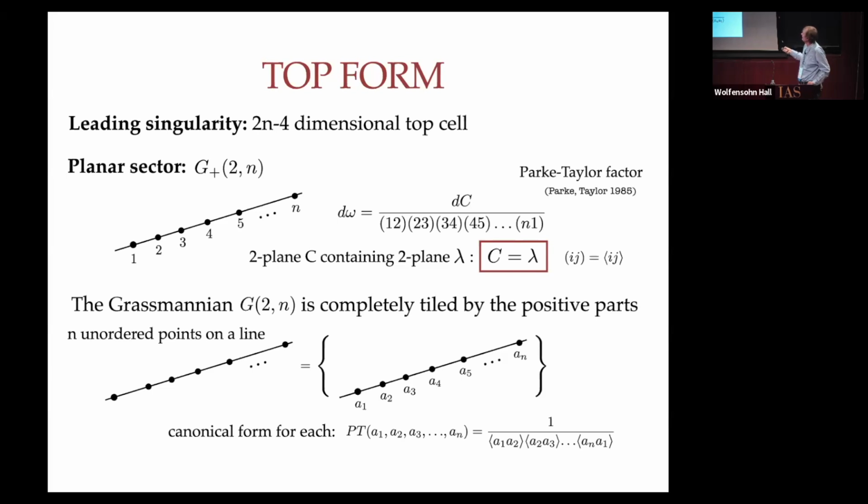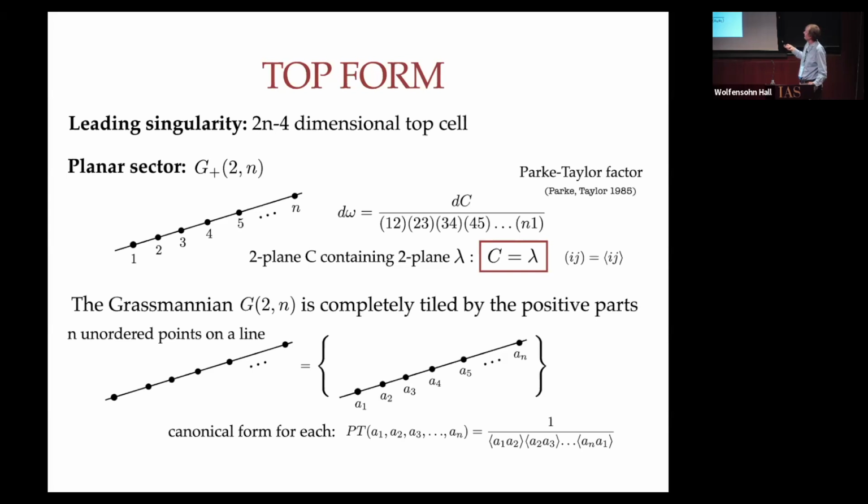In the planar sector, when things are ordered, this was the canonical form. This form was actually known in physics literature for 40 years now. It's called the Parke-Taylor factor. It corresponds to some simplest amplitude. The reason why I can directly go from the minors here to the spinor helicity variables where the amplitudes live